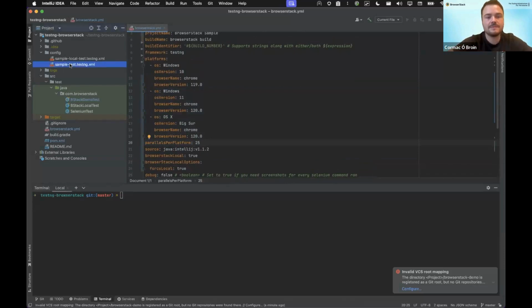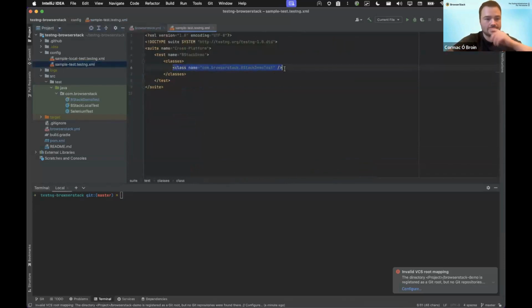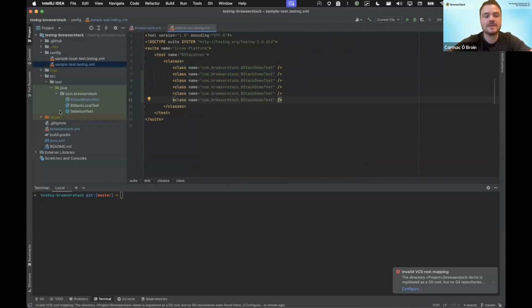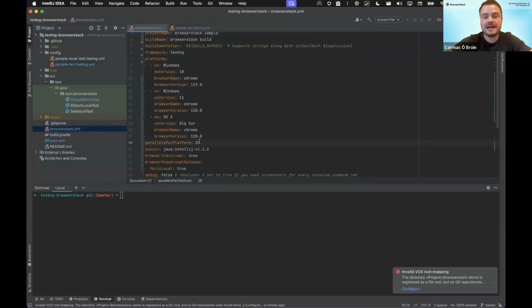So say, for example, in my testng.xml, I have multiple different tests listed. Because I have 25 parallels per platform available to me, all of those tests will execute per platform, as many as we allow. I hope that helps. Then in regards to installing TestFlight for an iOS device,